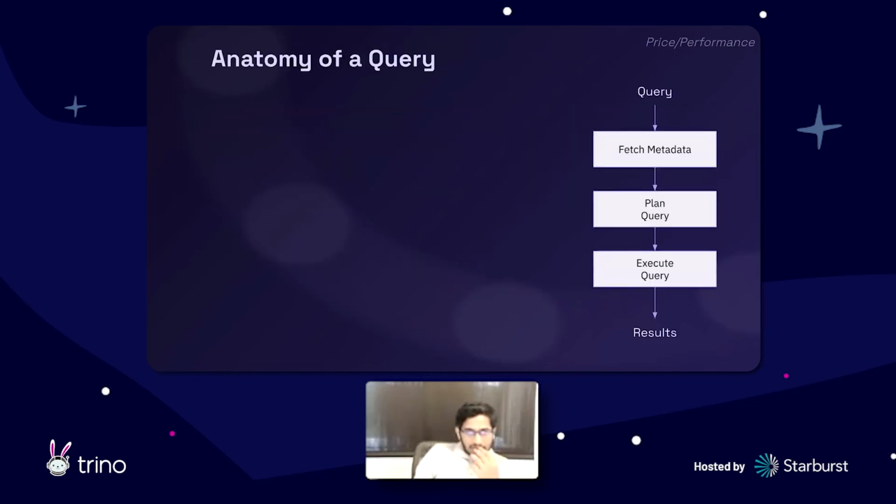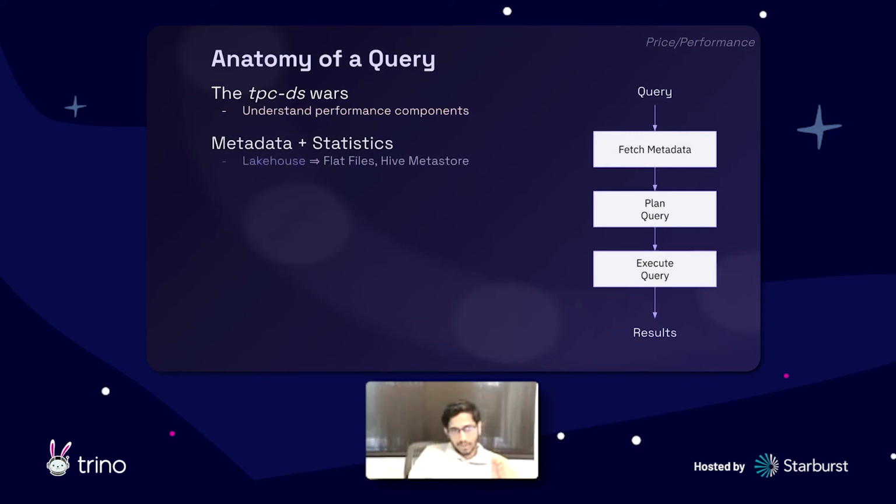So with that context, let's go back to the thing that we usually have read and understood, the famous TPC-DS wars, right? Let's take a single query and see the stages in that query, and how these Lakehouse technologies stack up. If you take a query, you first fetch the metadata. Do these columns exist in the table? What's the table schema? What about the where clauses, and all the different metadata about the table, right?